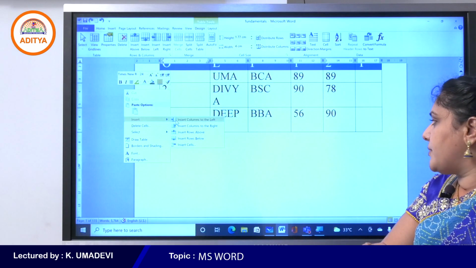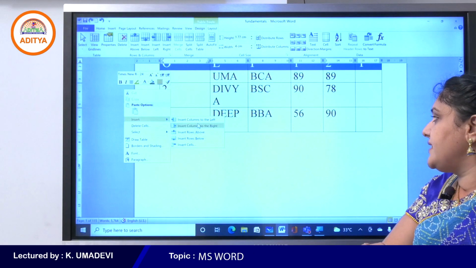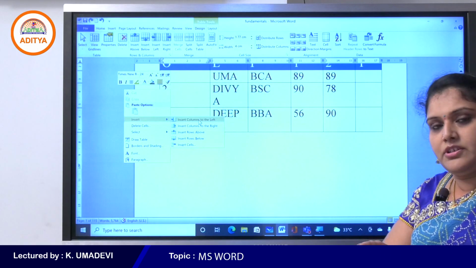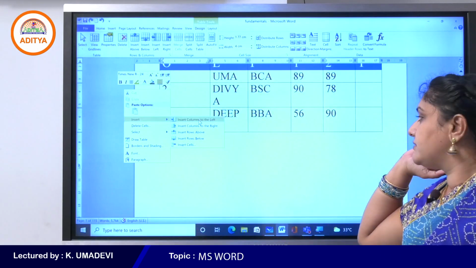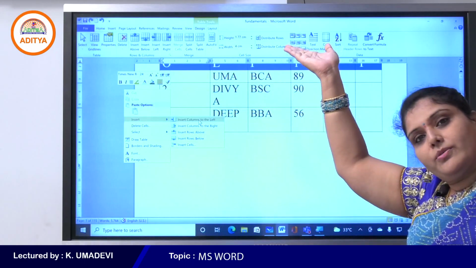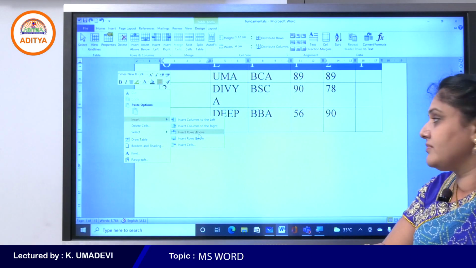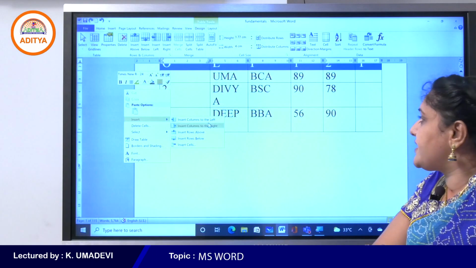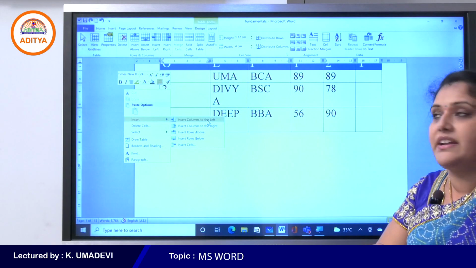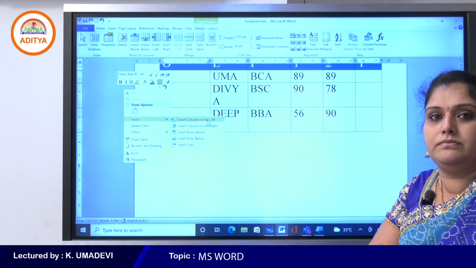Again we have some more options in insert: insert columns to the left, insert columns to the right, insert rows above, which is similar to the insert above command. Insert columns to the left is similar to the insert left command available under the layout tab.